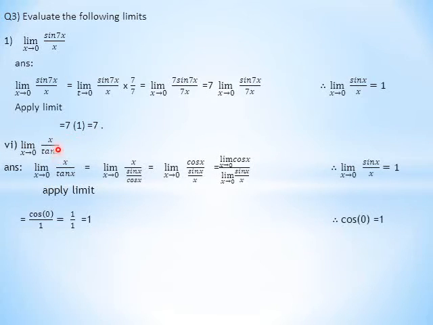And the next part is the same, x upon tangent x. We know that tangent x is equal to sin upon cos, and I'm just shifting this thing to this and this thing to this. So cos x times sin x upon x. Now by the theorem that we learned in the previous lecture, if the limit applies to the numerator and denominator, it applies in both places. Limit x tends to 0, cos x times sin x upon x, so this will go to 1. But you know that cos 0 is equal to 1, so 1 times 1 is 1.